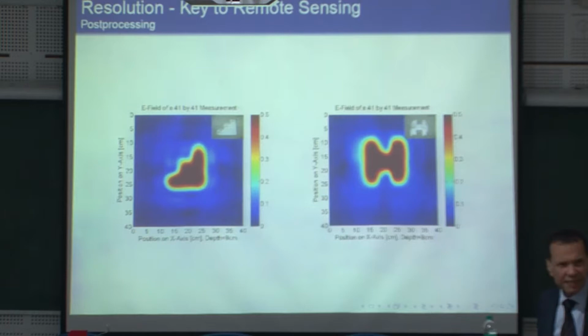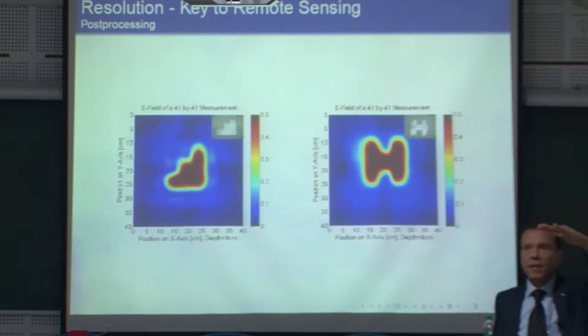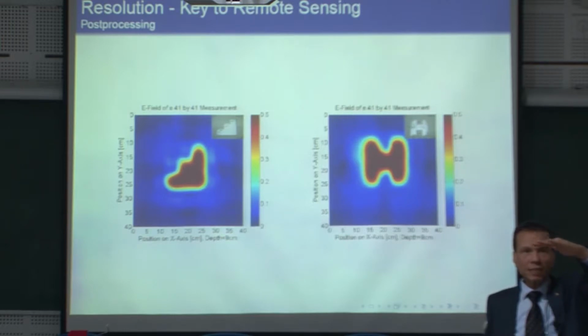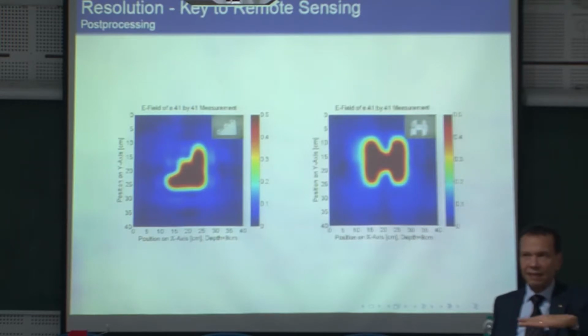But this is actually in our hand because it is a bandwidth, and by performing the Fourier transform, you can say, okay, I now focus on 1 centimeter below, 2 centimeter below. This is actually the integration which I showed you before. Where would you like to put your point spread function? 1 centimeter, 2 centimeter, and so on. And of course, you can go from the surface. You don't see anything, and then you see something which is not clear. And when you are at the level of the object, you see it because you focus there. So this is one effect.